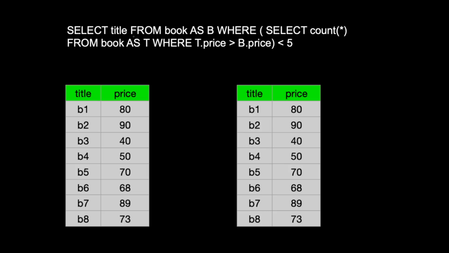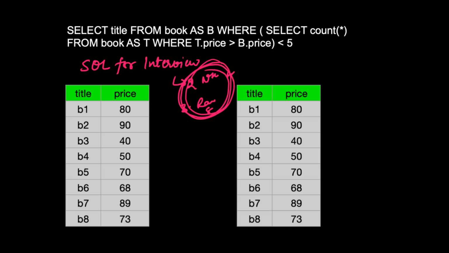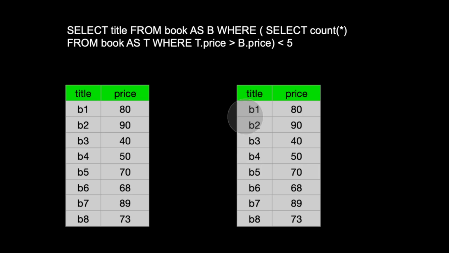Now if you want to make it more handy with the correlated query, just go and search in my playlist SQL for interviews. In that playlist you will find 2 questions. The question number 2, which is nth highest salary, and the question number 3, which is rank scores. So these 2 questions are based on the correlated query. You will feel more comfortable when you go through those two videos, right? It will be very, very handy for you guys. I hope you have got this question.